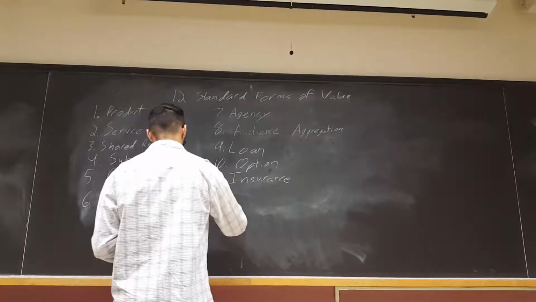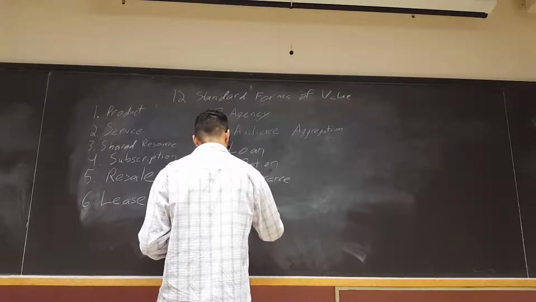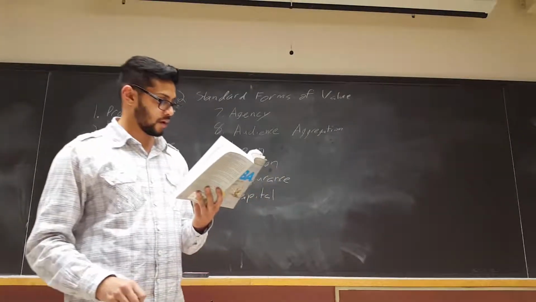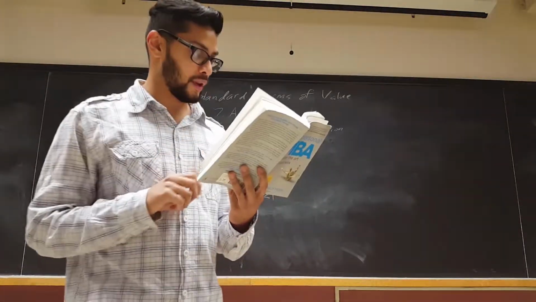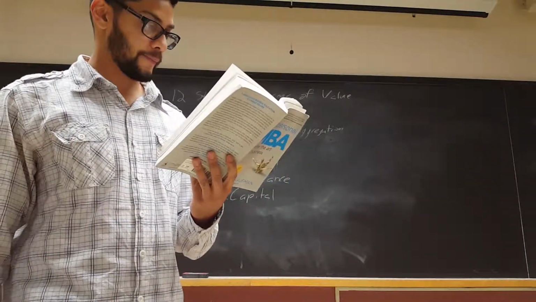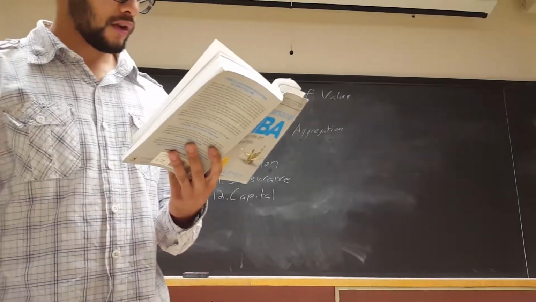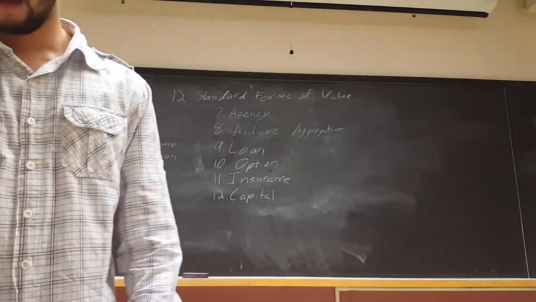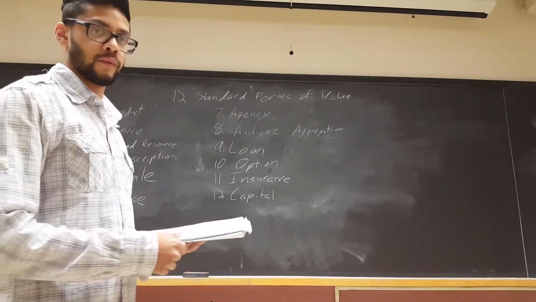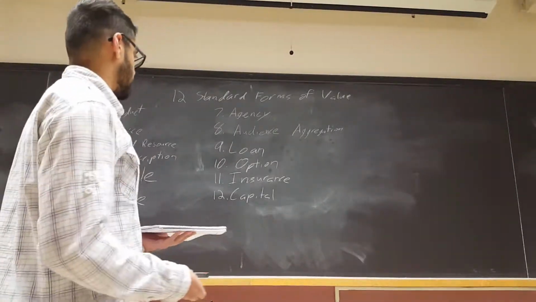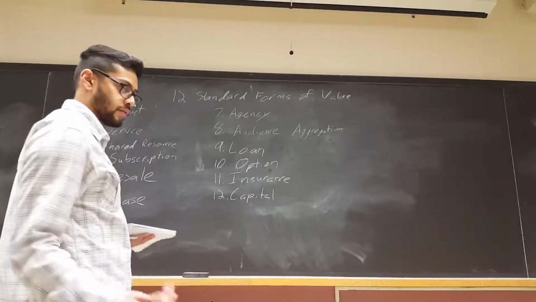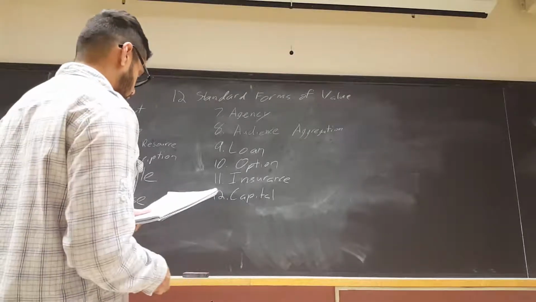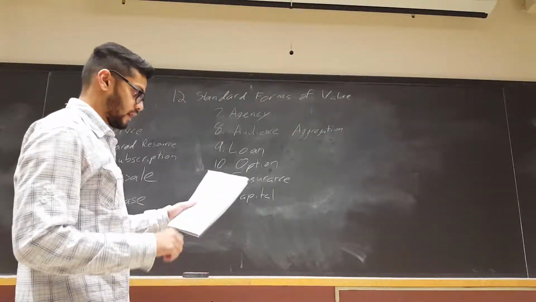12. Capital. So capital is more like stocks and bonds. You're getting a piece of a business and get profit every time they pay out. It's kind of like, not really like stocks, but like you're going into a business with partners and stuff like that. Capitalists, venture capitalists, capital, that's one thing. Okay, there's that. I'm going to just leave that up there.